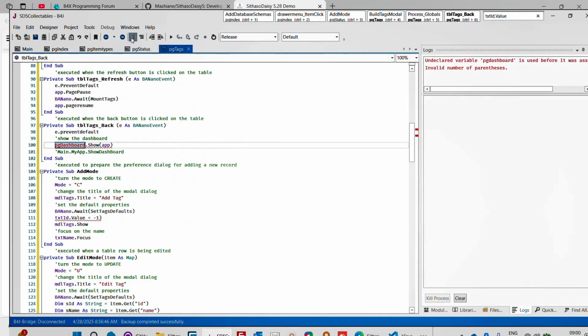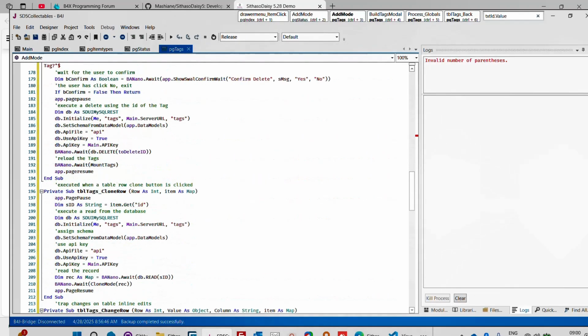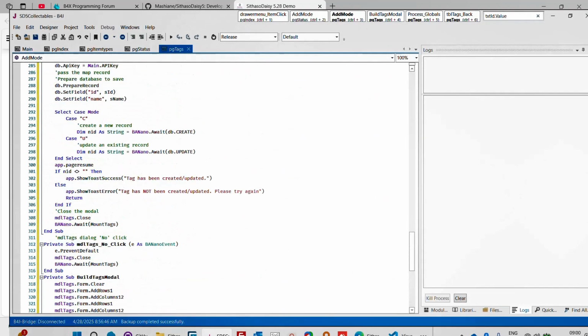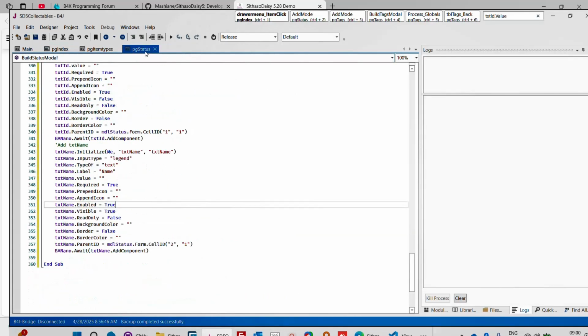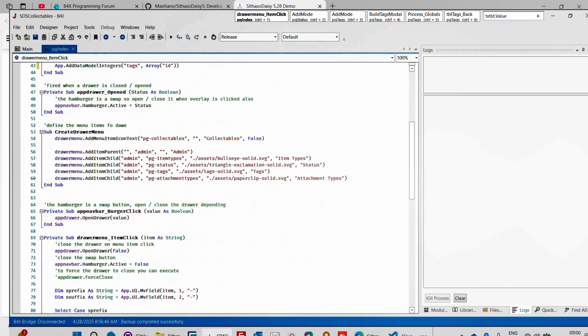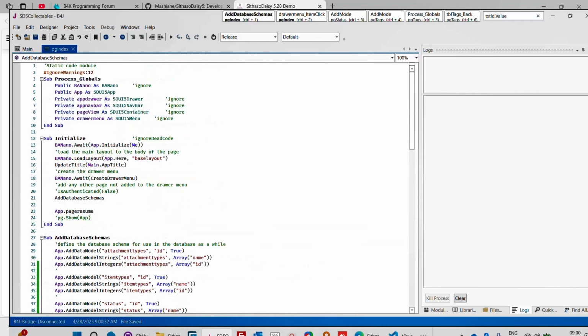Let's comment this one because we don't have a dashboard. I need to update the generator to fix this thing, because it's going to be irritating soon enough. Okay. Now we have created tags, status, attempt types, and attachment types, and all of these things are now sitting in the drawer here. Now if we run our application, let's say that we want the